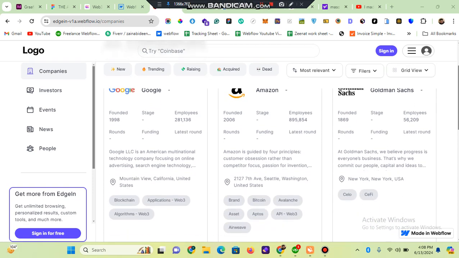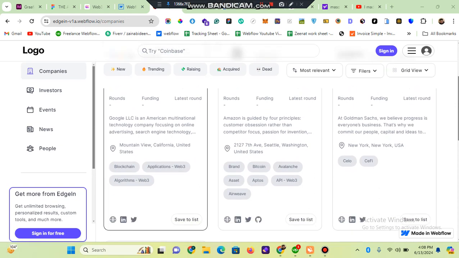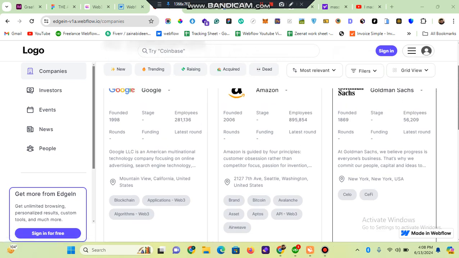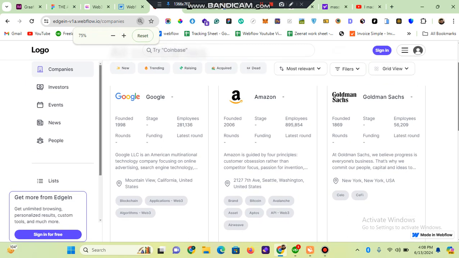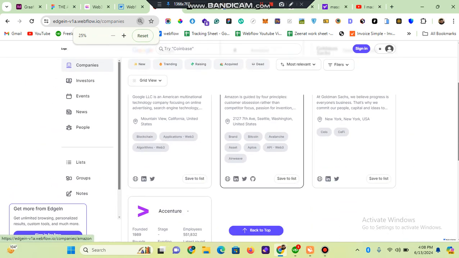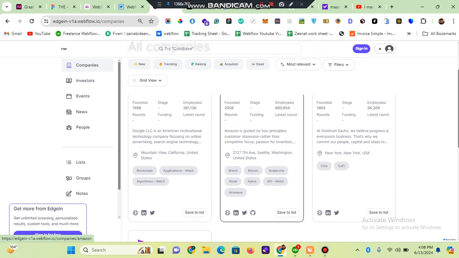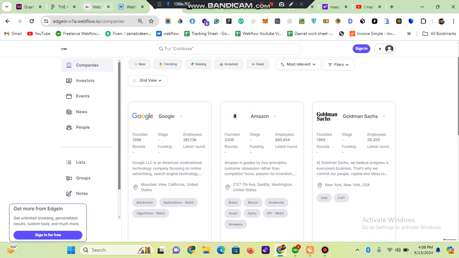So in today's lecture, I'm going to explain how you can nest your CMS in your main list using the Finsweet filtering system. Just like I implemented here, these tags are coming from the nested CMS. So basically, this is my main list, and these tags are coming from the nested CMS. How can you achieve this result using the Finsweet filtering system? Let's move to Webflow and see how we can achieve this result.